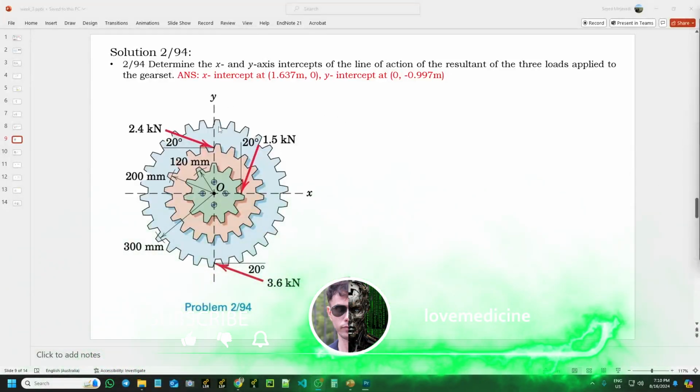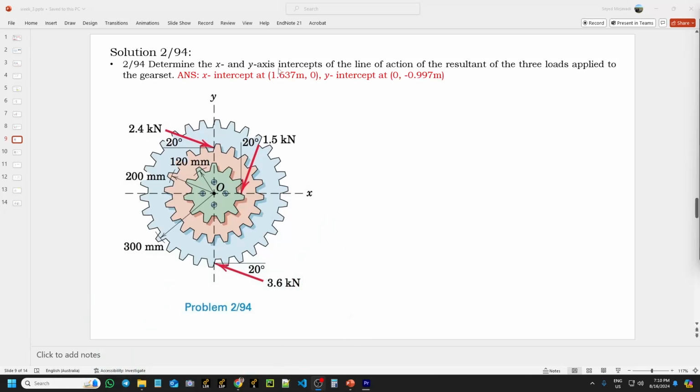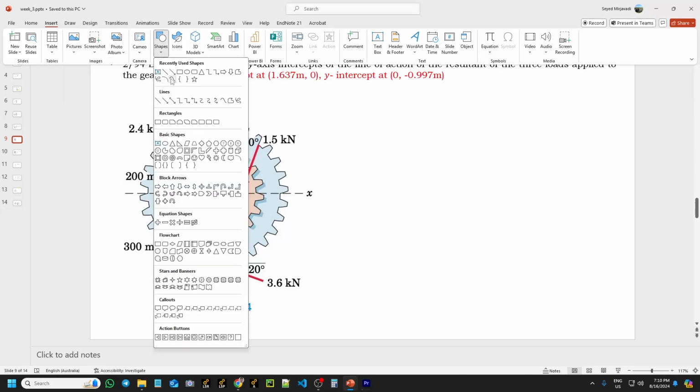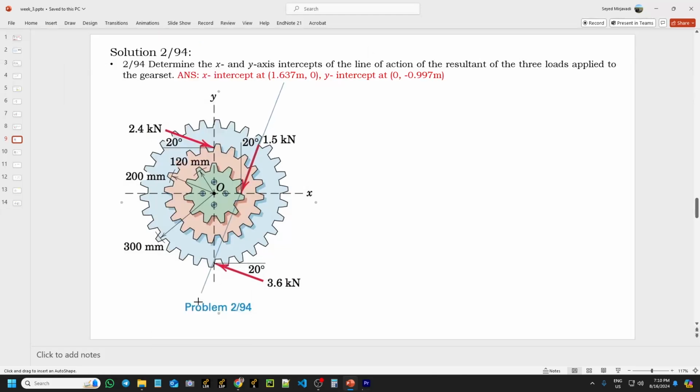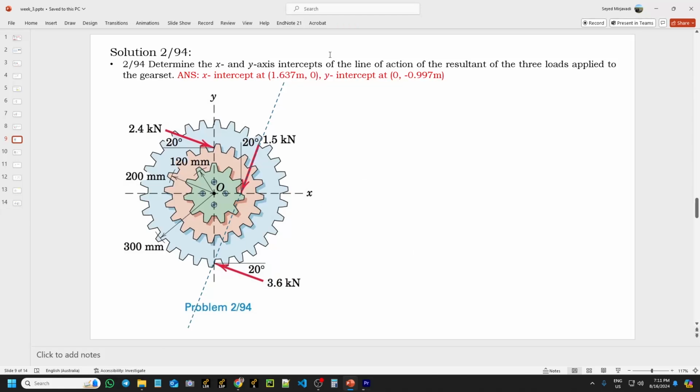Chapter 2, question 94. Determine the x and y axis intercepts of the line of action. So what was the line of action? For example, for this force, the line of action is this line. This line, okay? The intercepts of the line of action of the resultant of the three loads applied to the